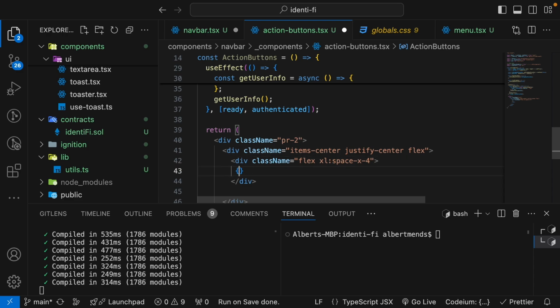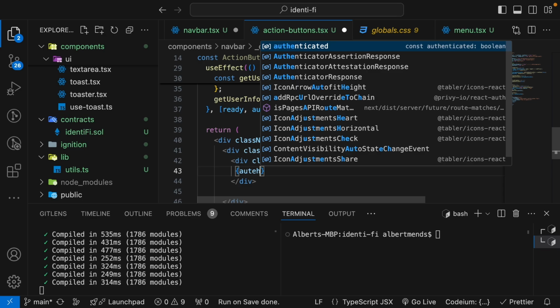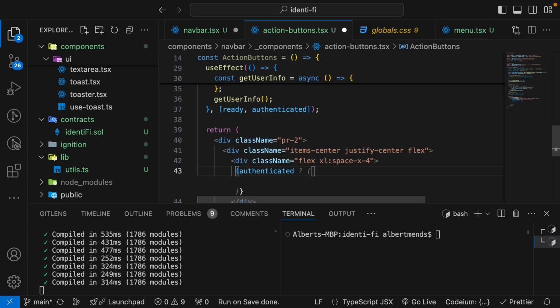Now we do some checking here. We check if the user is authenticated, and if that is the case and the user info is not equal to this error, user does not exist,